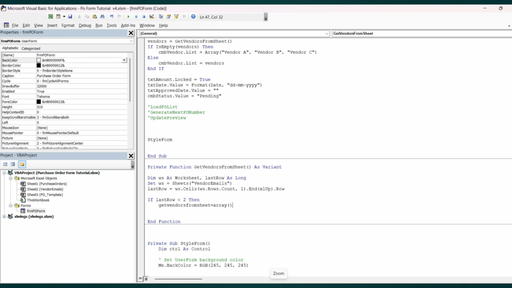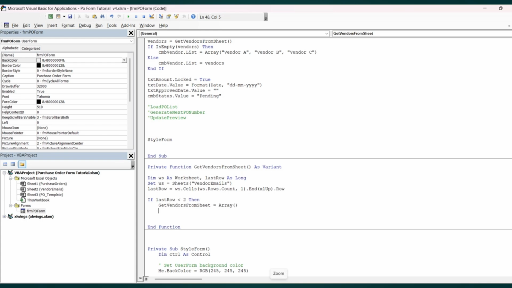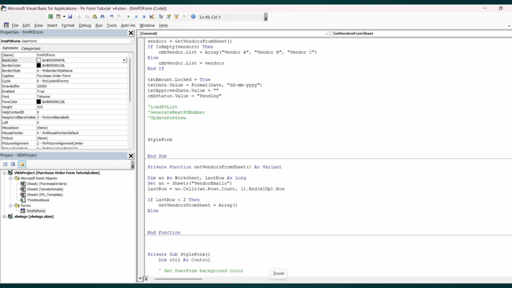We're going to use the array we've set above. Else GetVendorsFromSheet equal